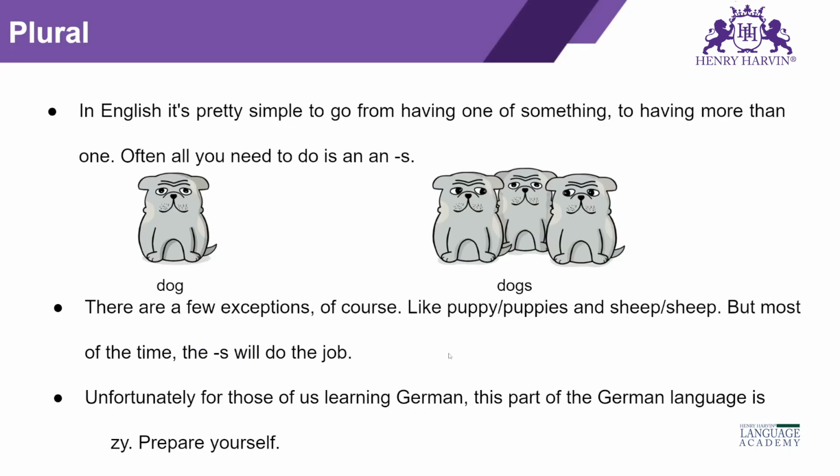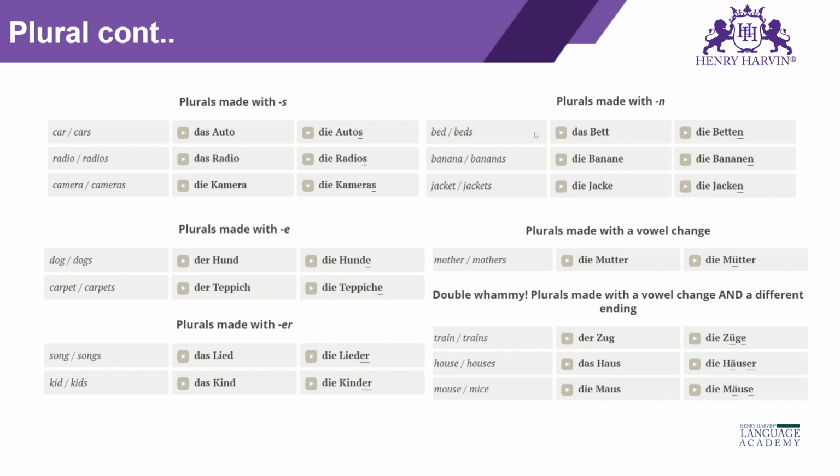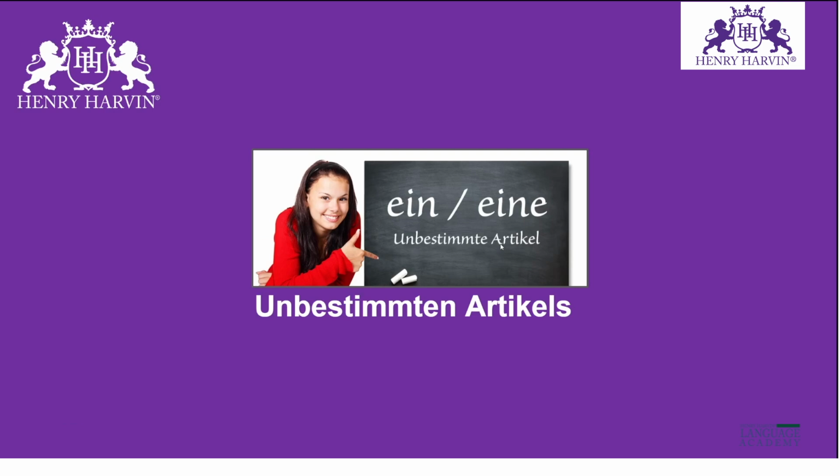Then comes the plural. All your masculine, feminine, neutral, when changed to plural, will take the article die only. How can you remember these plural nouns? Basically, you just have to remember that for masculine, feminine, neutral, the plural is always die. Here you have some plural nouns given, which you can take a look at, and you can see das Auto, so die Autos. Which of these take s at the end, which take e at the end. These are some of the rules for plural nouns given, so you can just take a look.